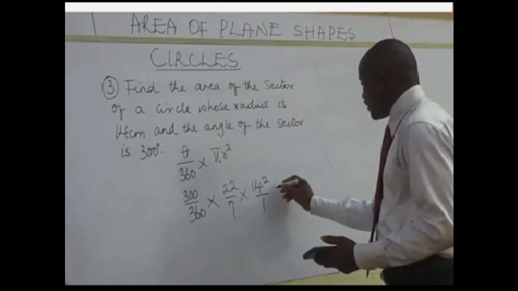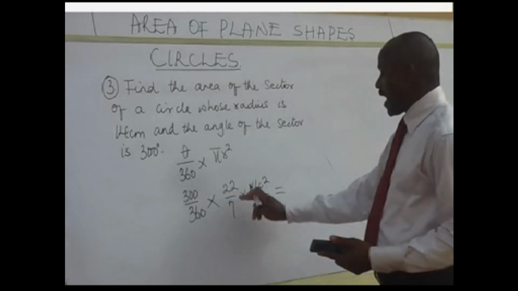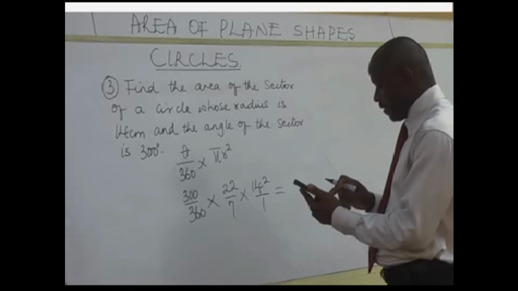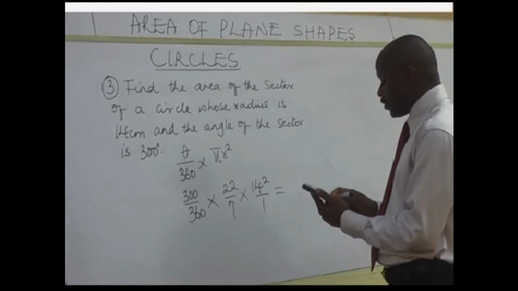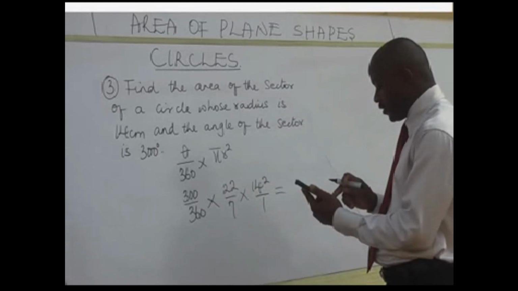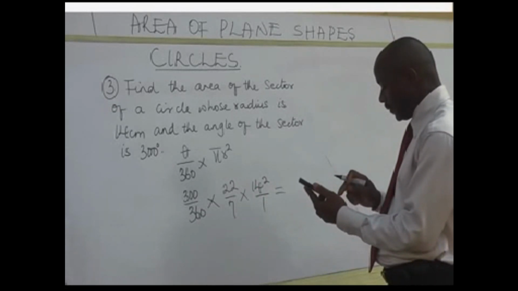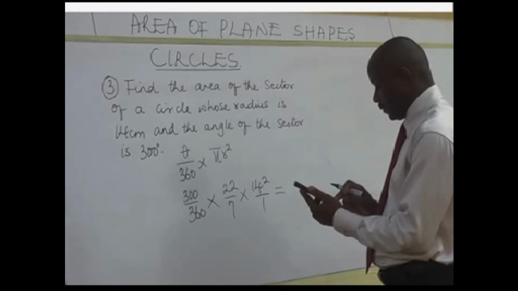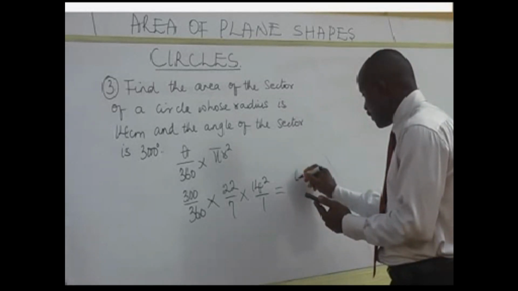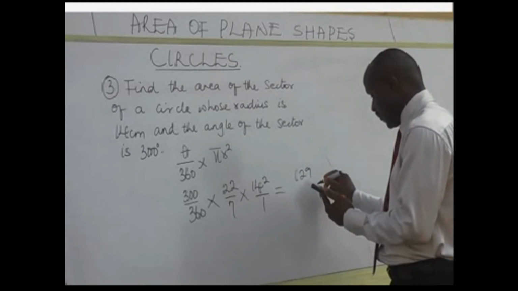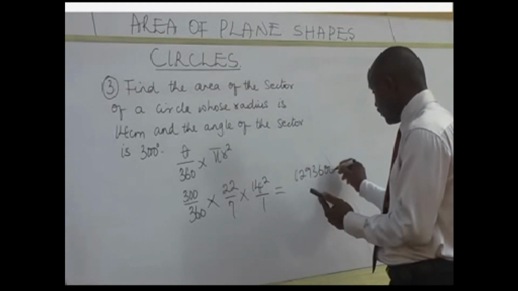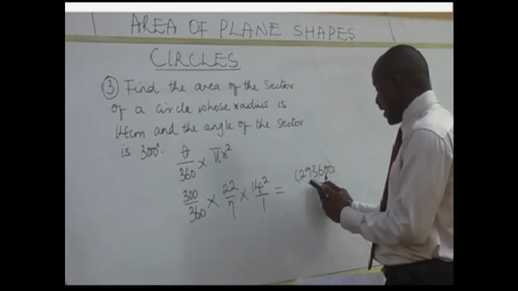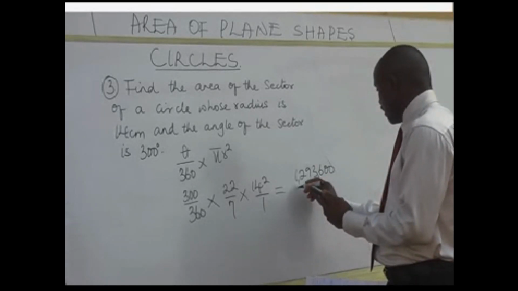So what we're going to have now is this. 300 times 22. First of all, let's find 14 squared. 14 times 14 is giving us 196. Multiply it to 22. It's giving us this value. Multiply it to 300. So in the numerator, we have 1,293,600, all over